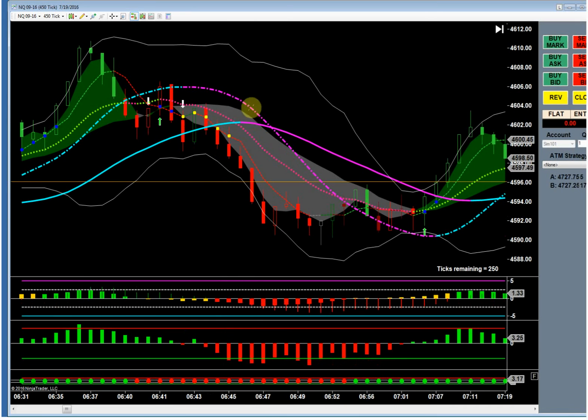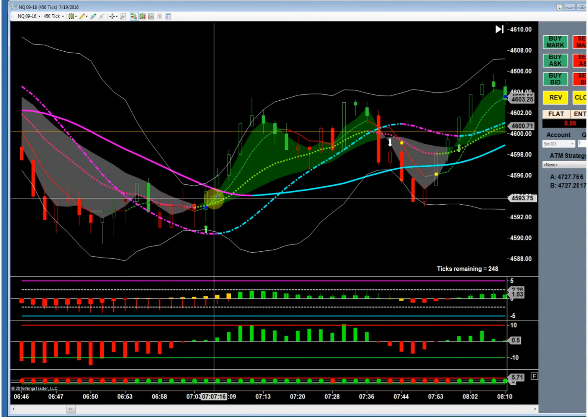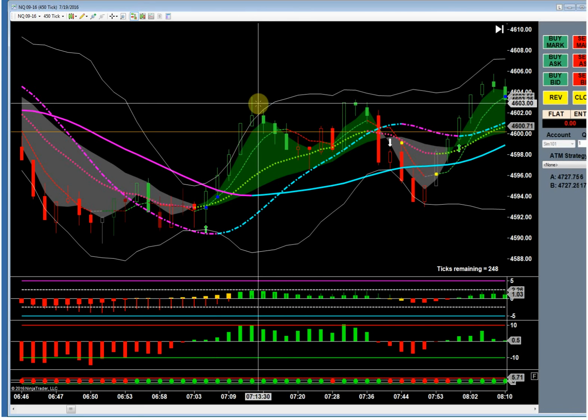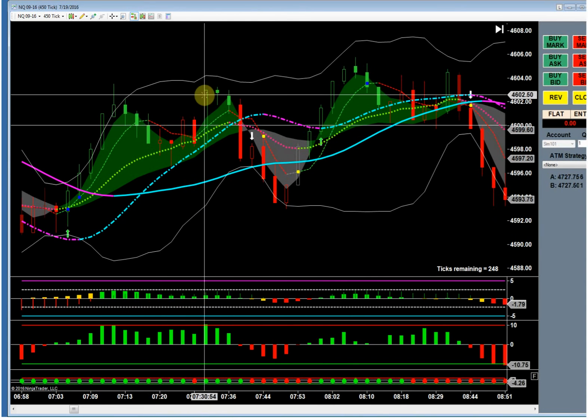Market starts selling off here, but we didn't get a crossover in time to capture any of these sells in the channel because the dynamic trend bands had not got within a point and a half. They just fell off the wagon. So one trade there. Same thing here. They're just shooting straight up. A lot of this is just whipsaw from the manipulated markets. Shooting straight up, no trade.